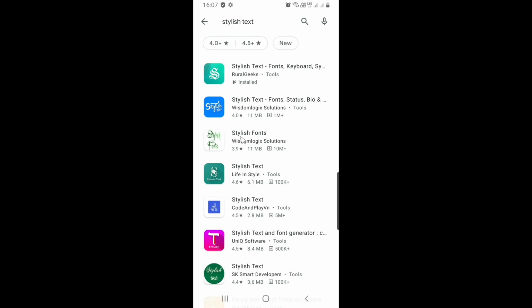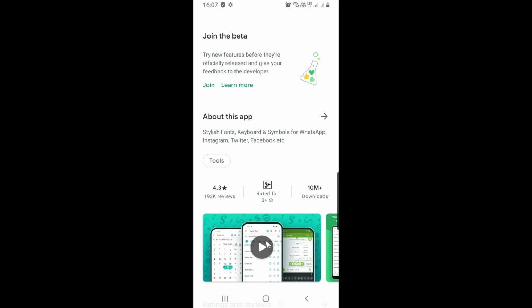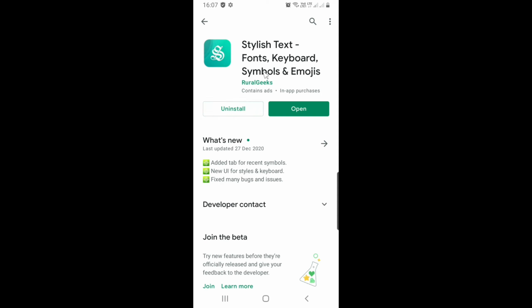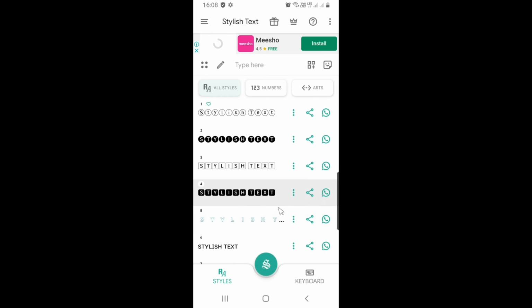Then over here you will find the first one, stylish fonts, keyboard, stylish keyboard symbols and images. I have already installed it. You have to install the app and then open it. Now I have opened it.